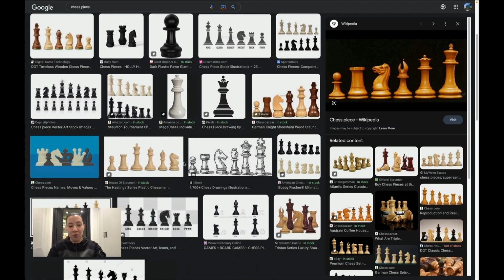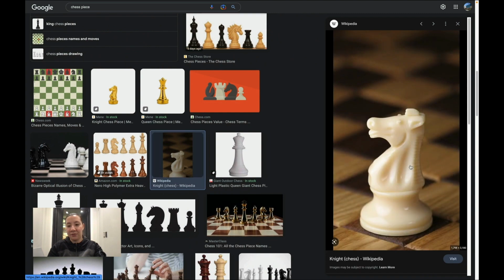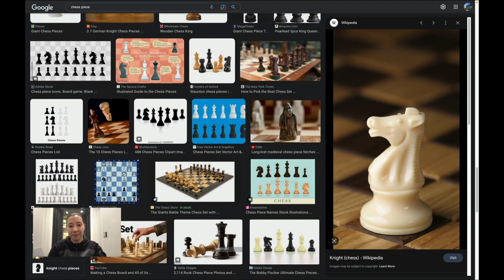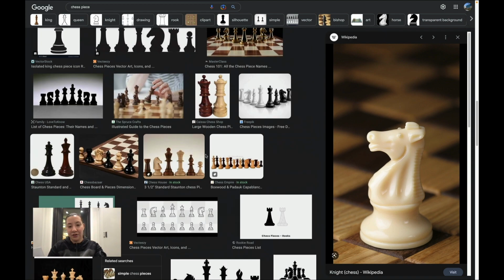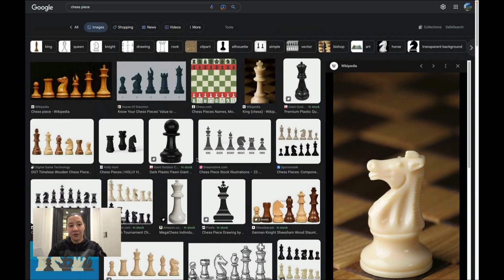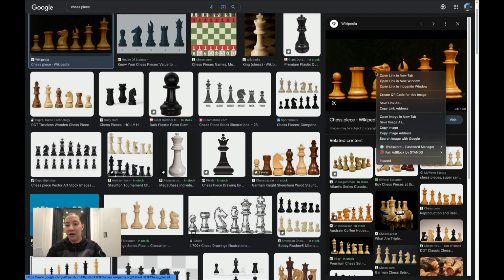You don't really want something that is like this, where it's angled, or a top view of the chess piece. But we are going to go ahead and go with this one right here. I'm going to copy this image,